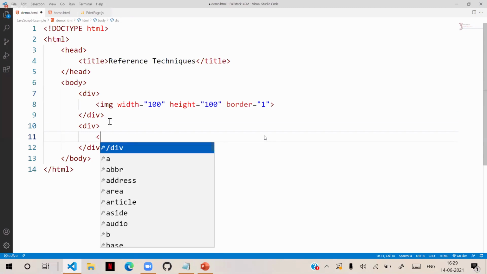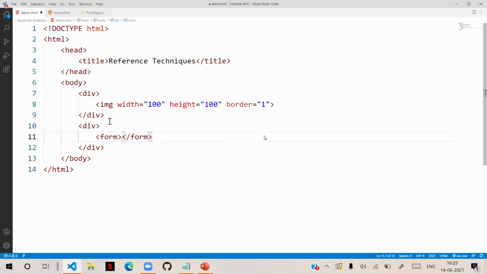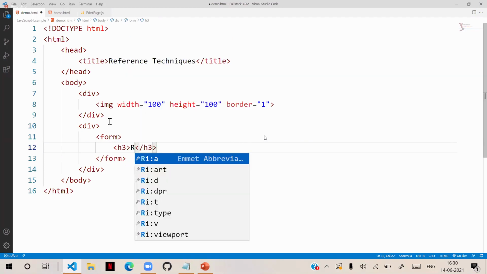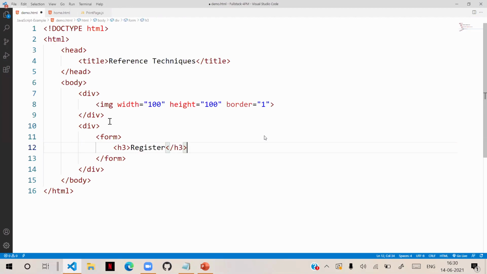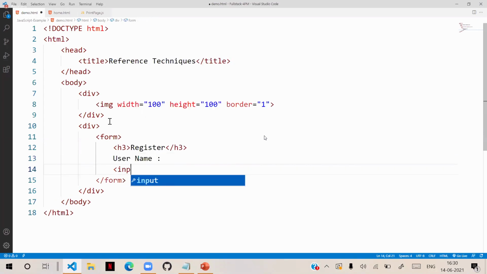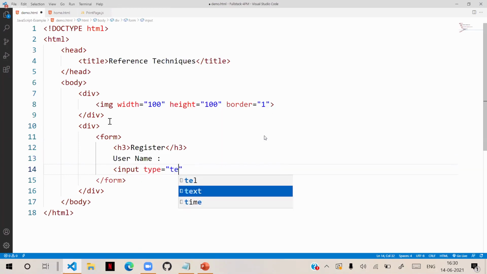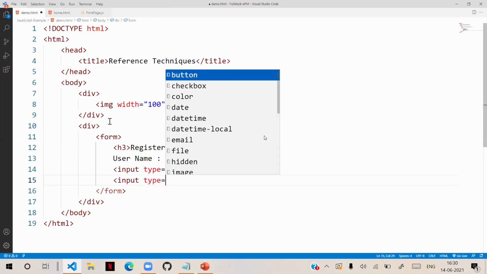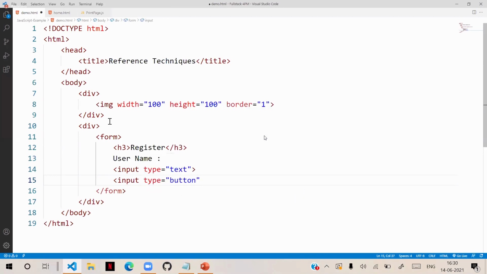In this, we have a form. We designed a form. In that, we have a heading, register, and here username. We have a text box, input type equal to text, and input type equal to button, something like this. Now we have some elements in HTML.